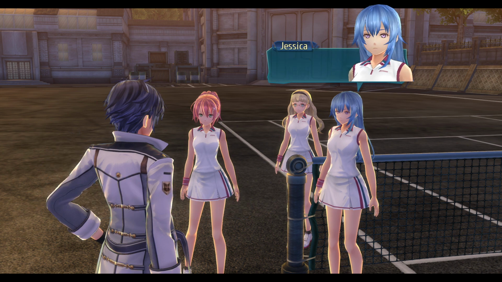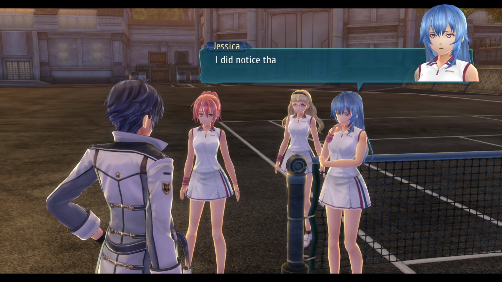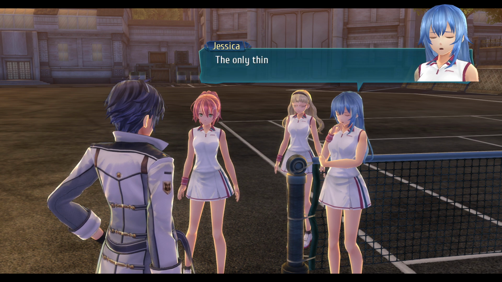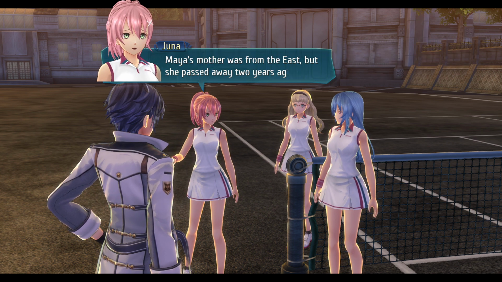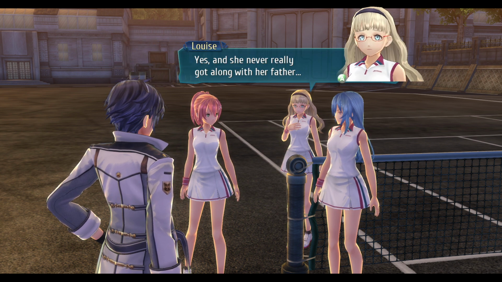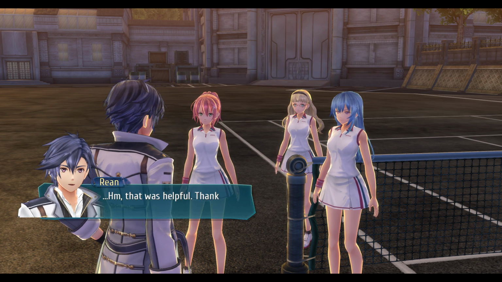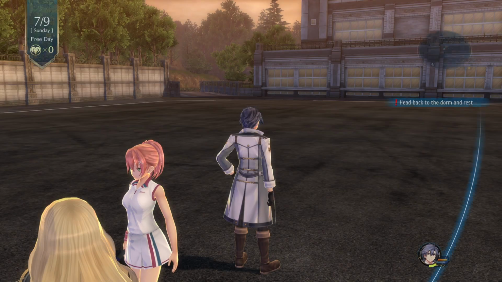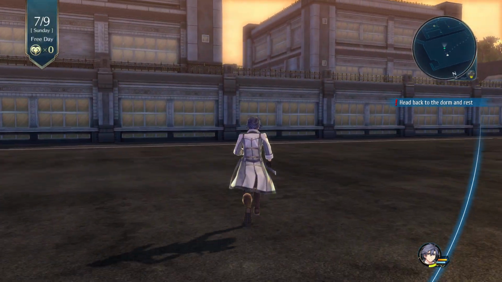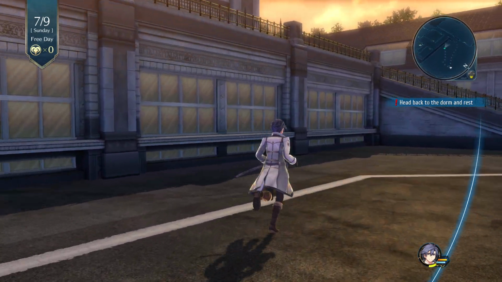Okay, something I wanted to ask you. What is it? Maya? Did notice something she had been off with her recently. Feud between her and her father. My dad was from the east, but she passed away 2 years ago. She never really did get along with her father. She said the relationship was only worsened when her mother passed. You see, helpful, thank you. You're welcome. It's some issues with her father. Right. The next one...